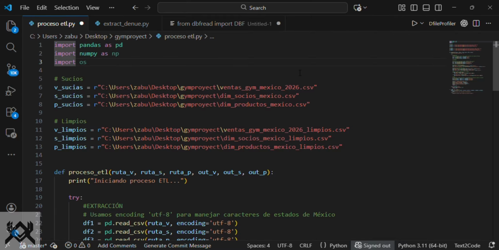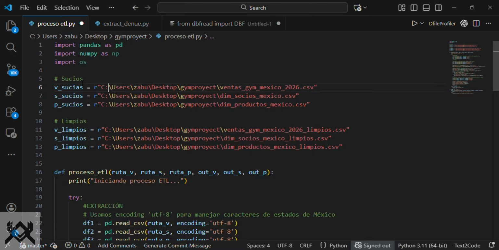Okay, we need to use the libraries pandas, numpy, and os. We load the three CSV files that Gemini generated. Remember, this data is dirty, we need to clean it.